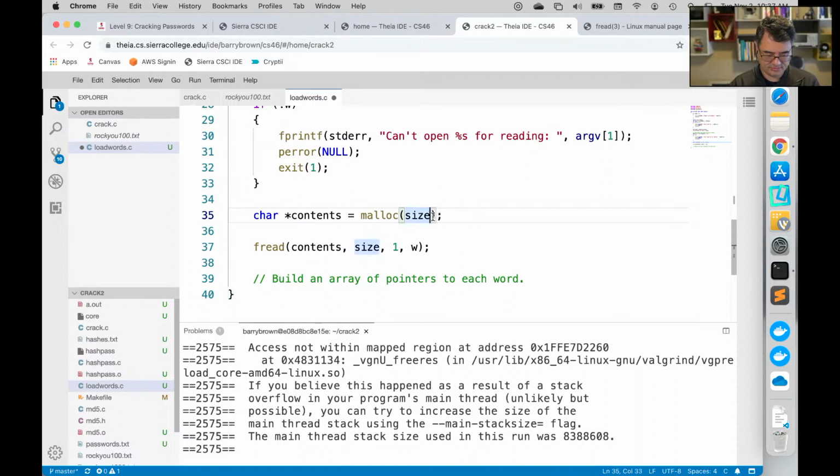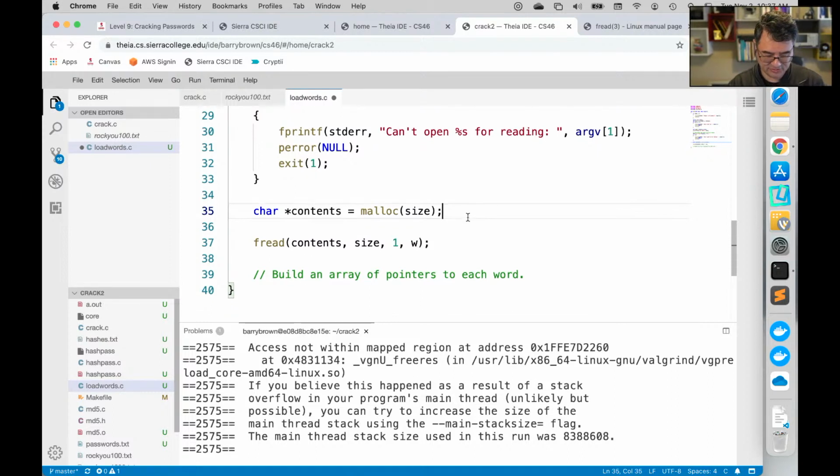I thought malloc was the same. I thought it went into the same area. No. When you allocate an array just using the bracket notation, it goes in the stack area, which is for local variables, and there's a maximum size to that. The stack itself has a maximum size, including all the variables you ever declare locally. When you use malloc, it goes into the heap, which is a different portion of memory, and there you've got large swaths of memory that you can use. Cool. So we've got plenty of space here to hold this.